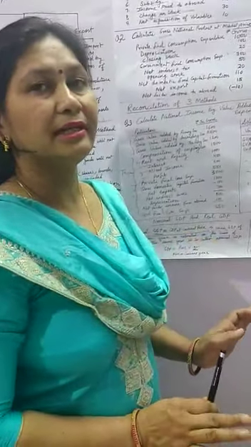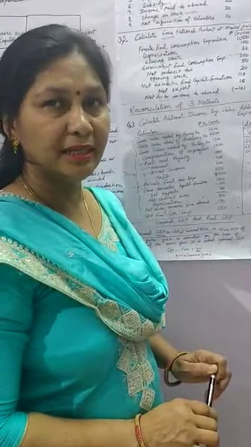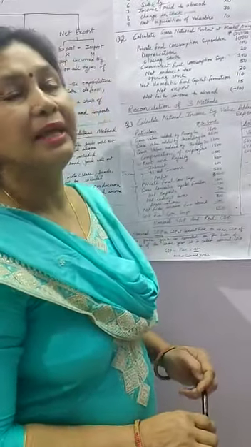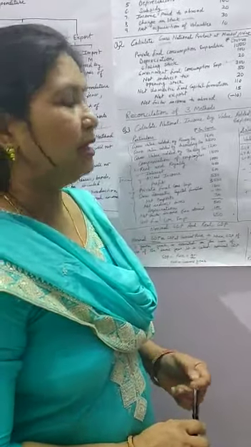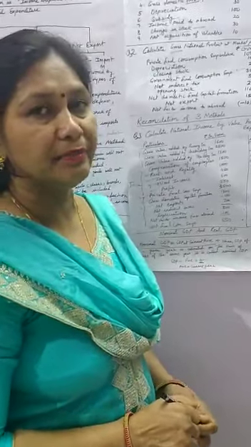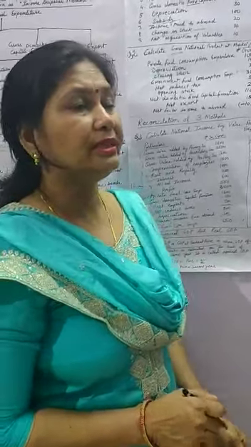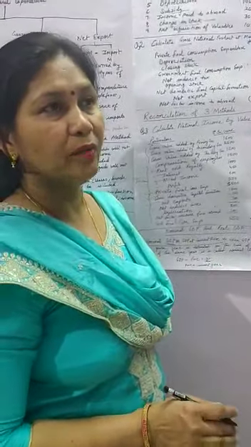This constant and current refers to the price of goods and services. If we are taking the price of the base year, then it is known as constant GDP. And if we are taking the price of the current year, that is known as nominal GDP. Suppose it is asked in the exam which is better, nominal or real GDP, so real GDP is better. Always, real GDP is better than nominal GDP.